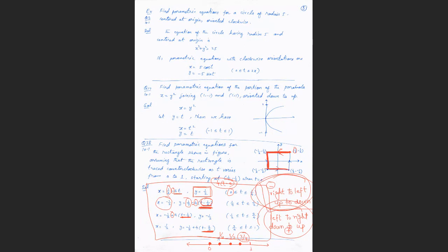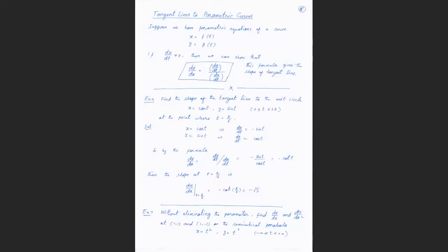Okay, good. So now go towards the next topic, which is tangent line to parametric curves. Tangent line means you have to find the slope of the parametric equations, the slope of the tangent line by using these parametric equations. In 101, you have one function and you want to find the slope from that function. We discussed before that if you have one function, you can convert that function into parametric equations, and from parametric equations you can find the slope. So we have a formula to find the